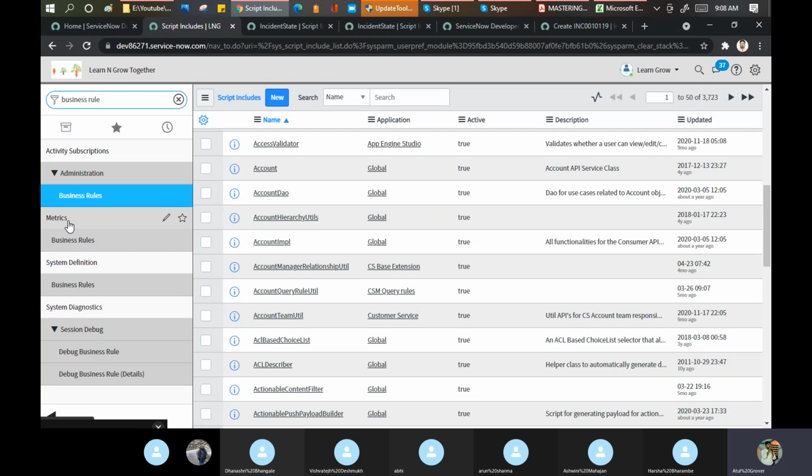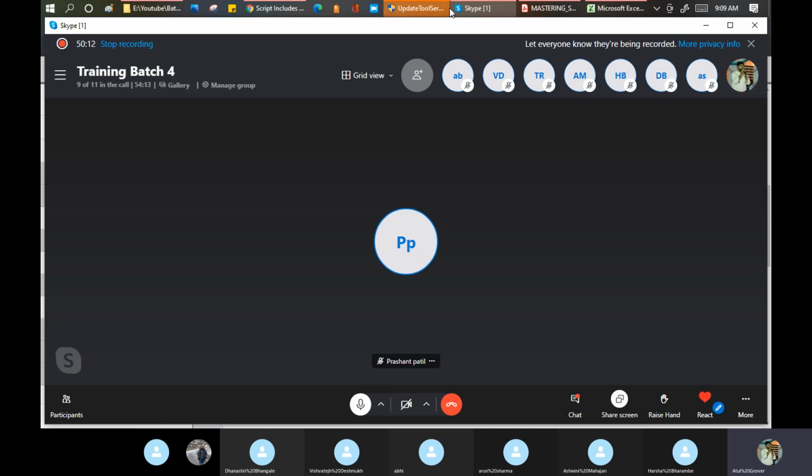And believe me, being a fresher, these things don't matter much. What matters are the main points: UI policy, UI action, business rule, data lookup, data policies, SLA, email configuration. These are required for you to clear the interview. The rest, the more depth you go, you can win the heart. Okay. Last, Prashant, any doubt, any question?